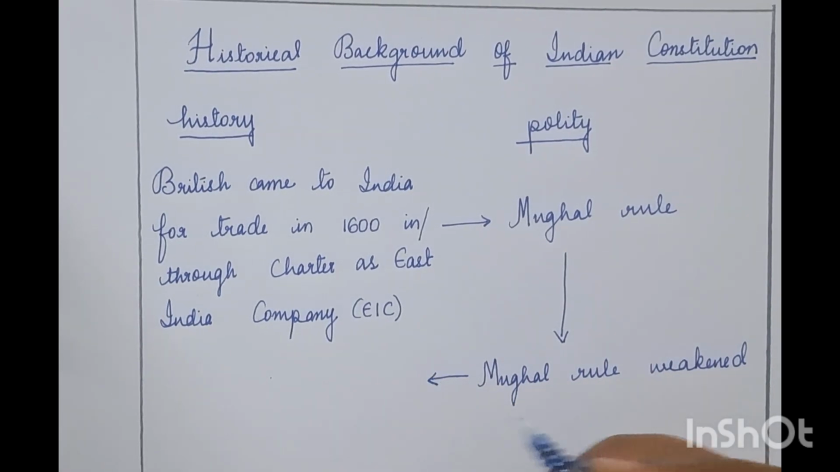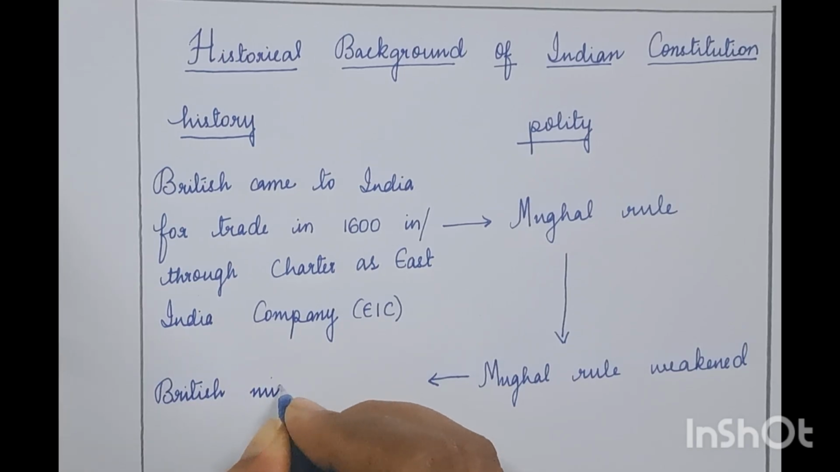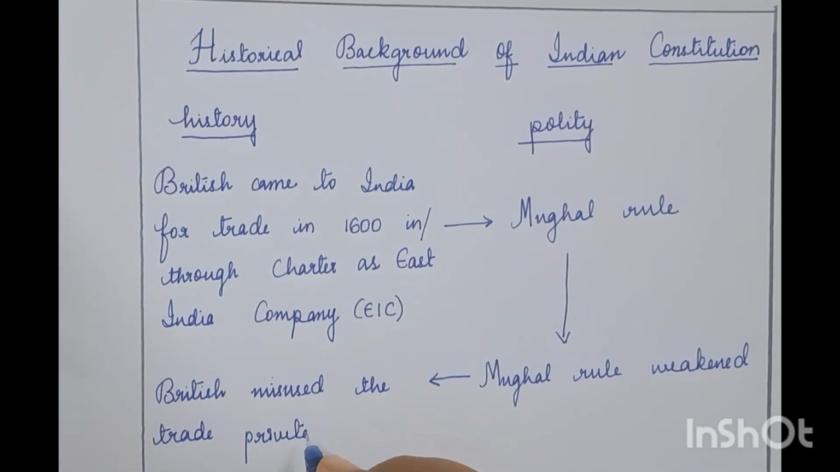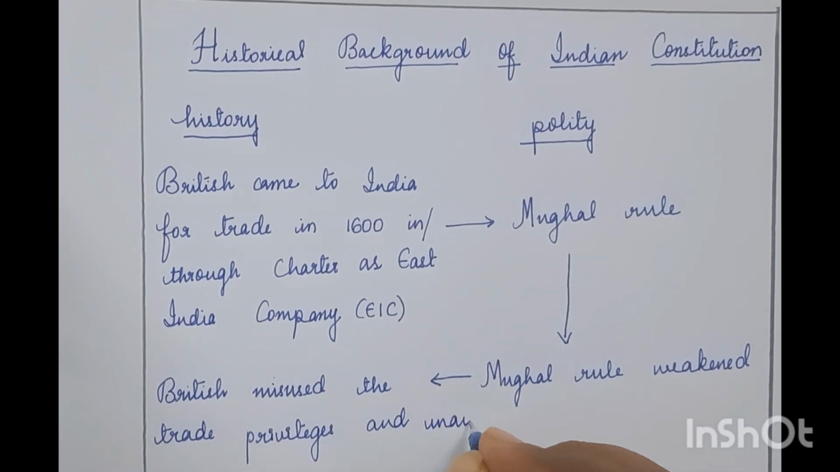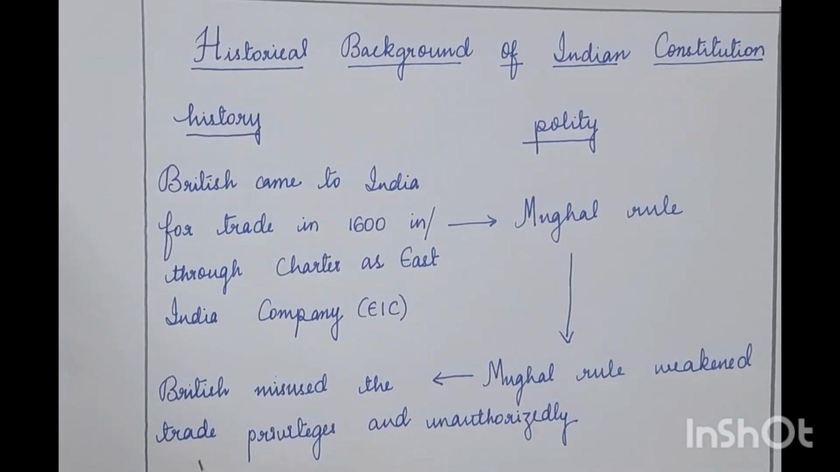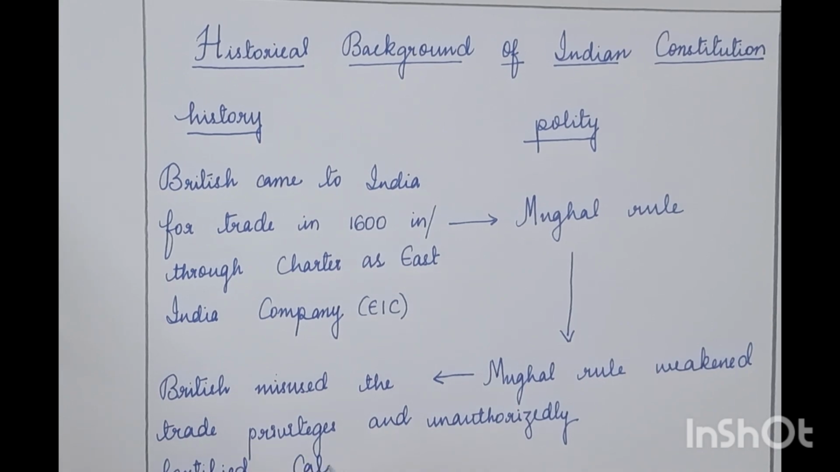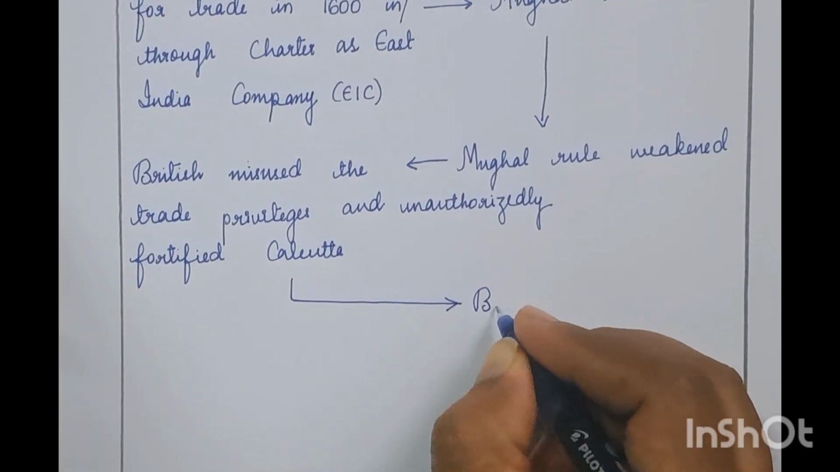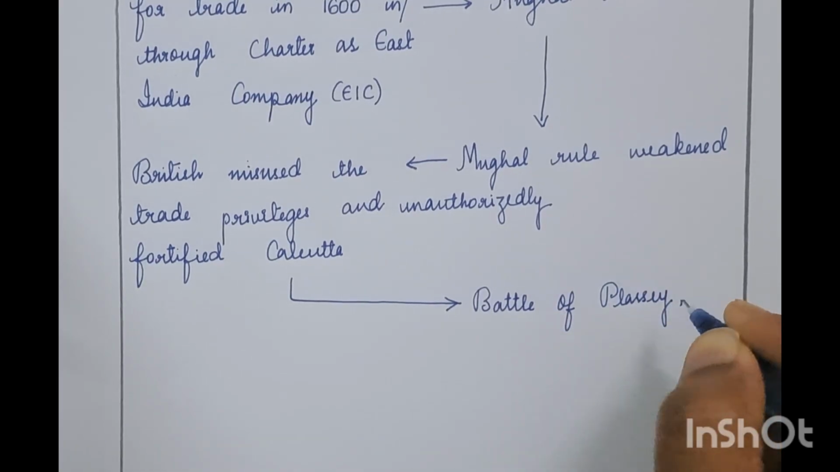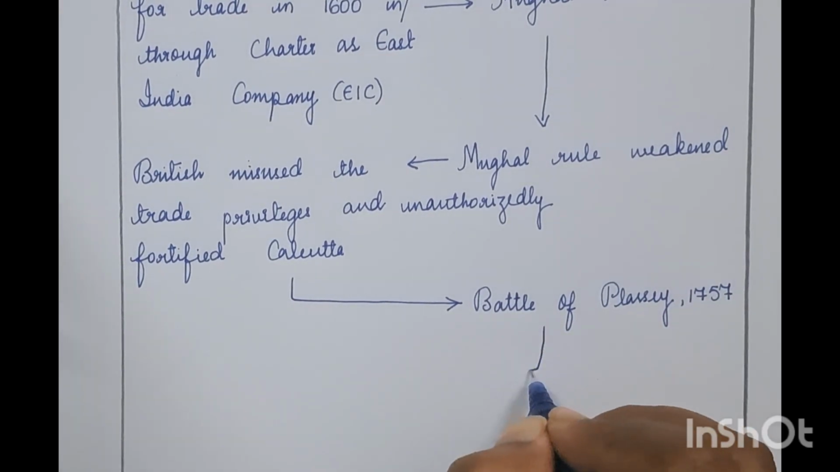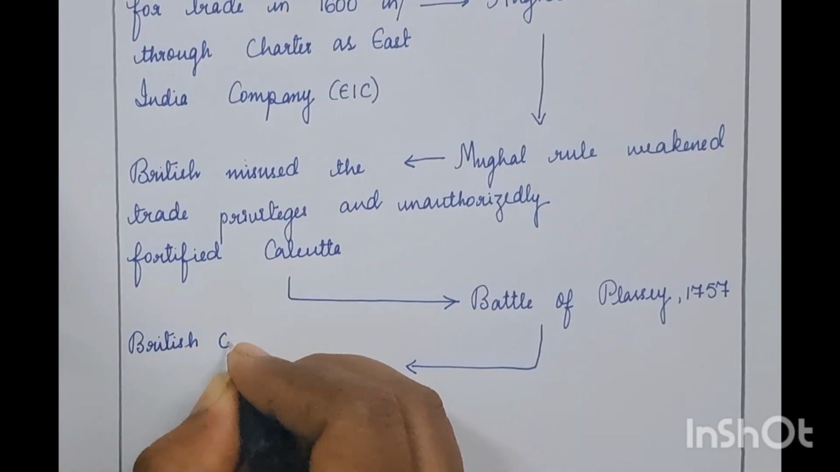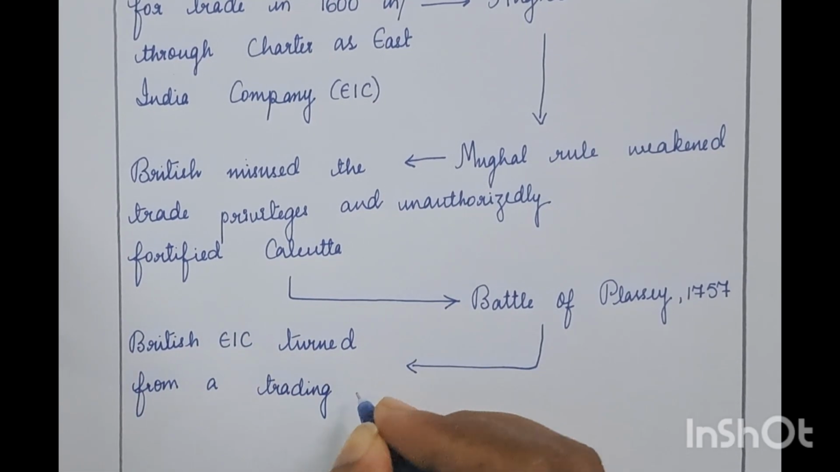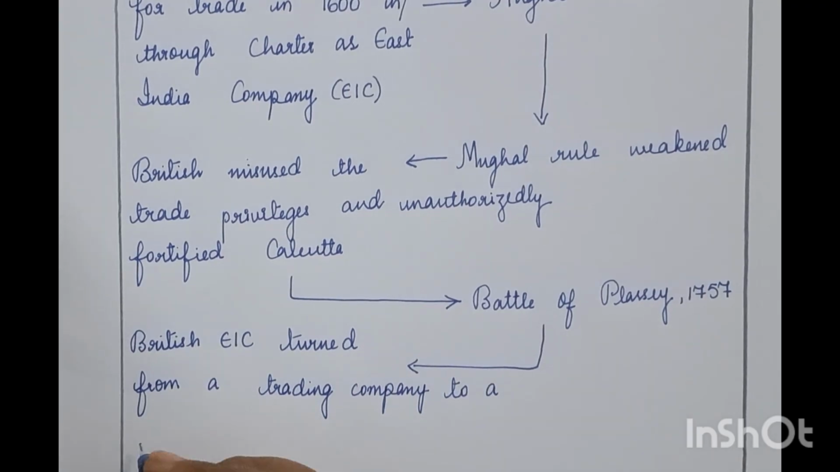When Mughal Empire weakened, the British misused the trade privileges and unauthorizedly fortified Calcutta. This angered Sirajud-Dowla, the Nawab of Calcutta, and he arrested the employees of East India Company, which resulted in Battle of Plassey 1757. In this battle, the British won. Therefore, victory in Battle of Plassey turned British East India Company from a mere trading company to a territorial and